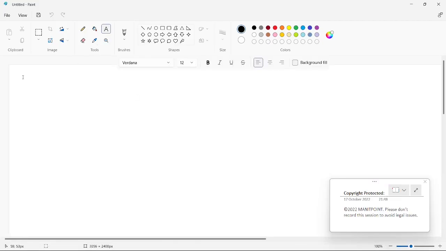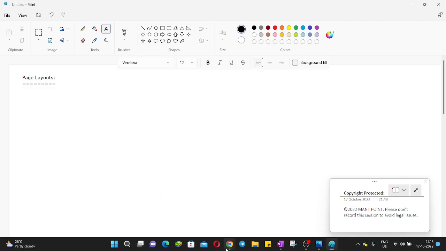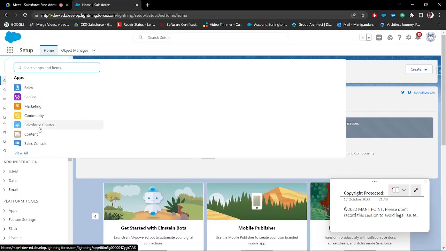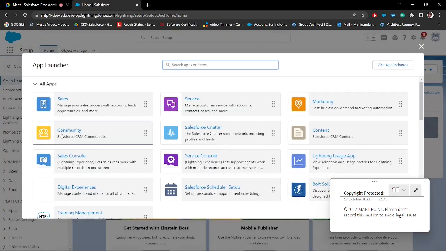Right. So in today's session, we'll see about page layouts. Okay. So page layouts, the name itself is indicating that we have a Salesforce page, right? So suppose if we go to our application,